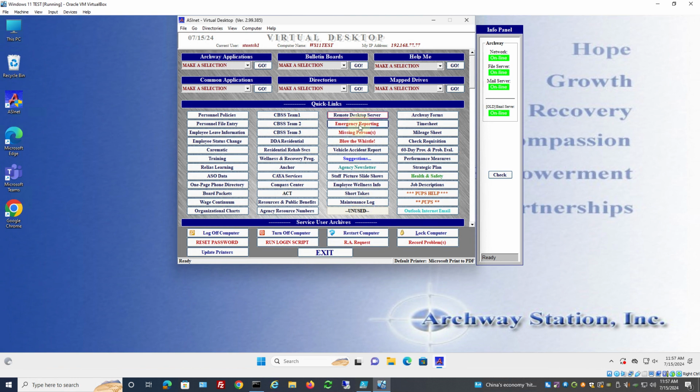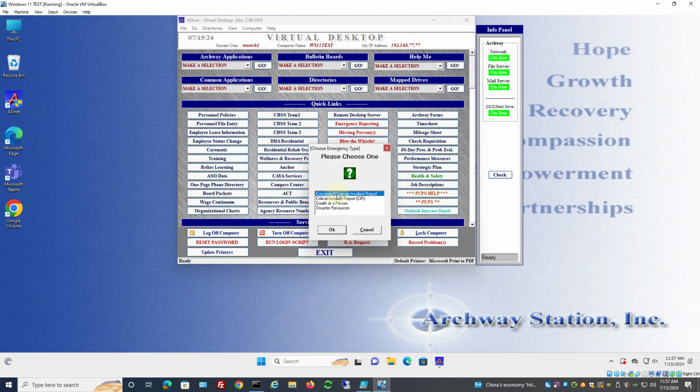of. Emergency reporting. This is if there's an exposure incident. The critical incident isn't really used anymore. That's been kind of placed into PUPs, but this is the old version if you need to go back and look. I'll